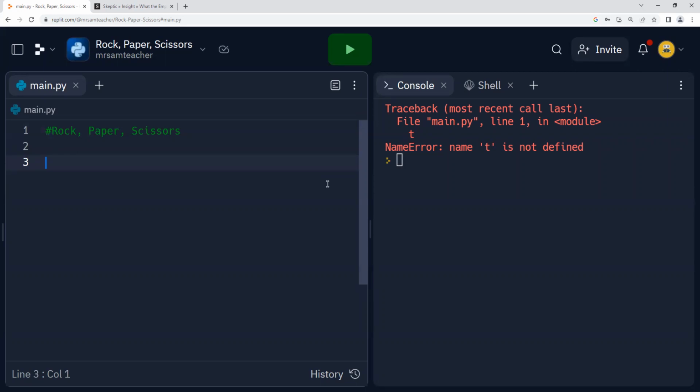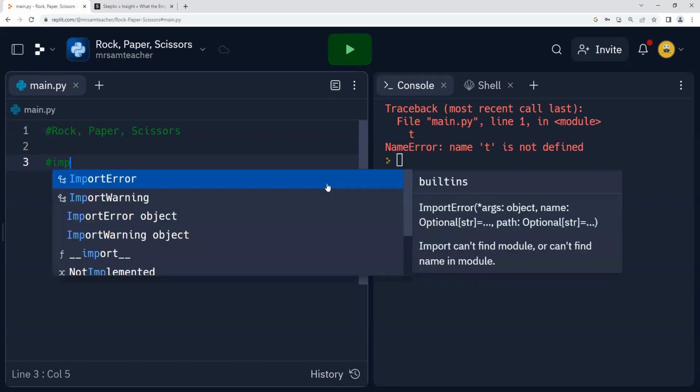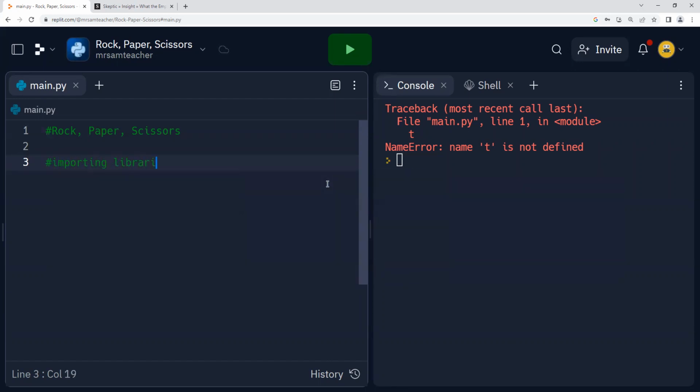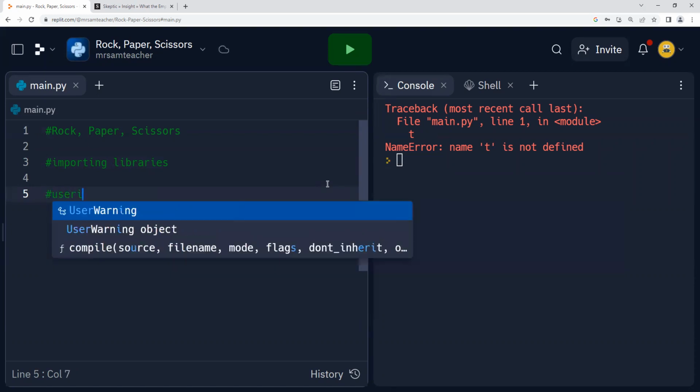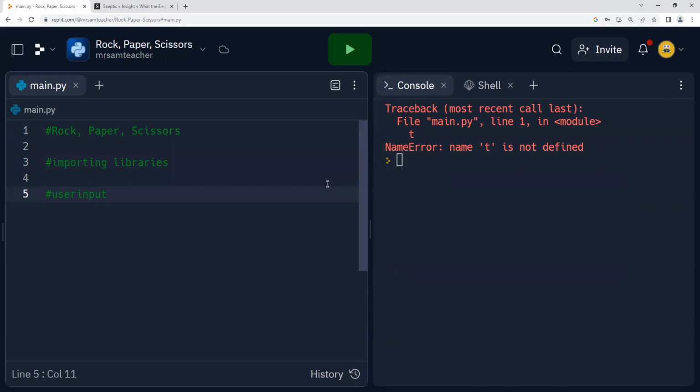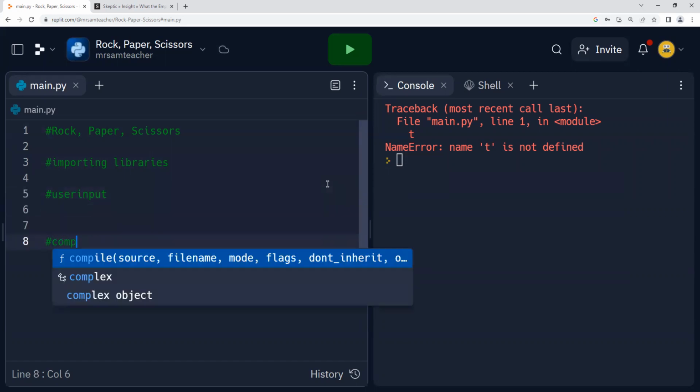So for instance, we can put this section as importing libraries. We'll skip a few lines by hitting enter. We can do user input. So this is going to be the space where we're going to do user input. And then we could also have a little section for computer input.